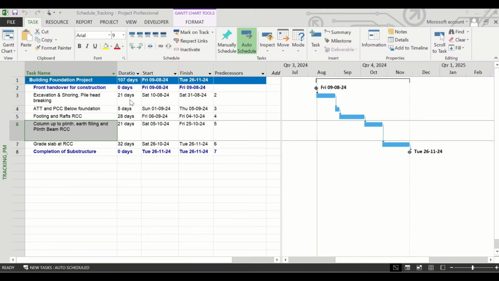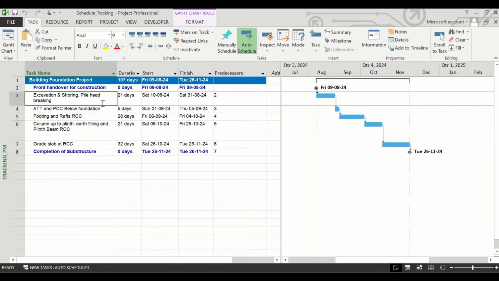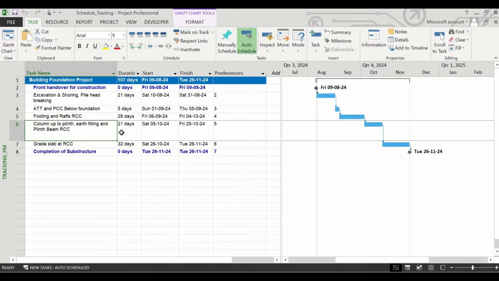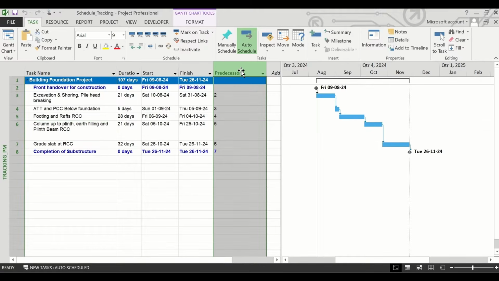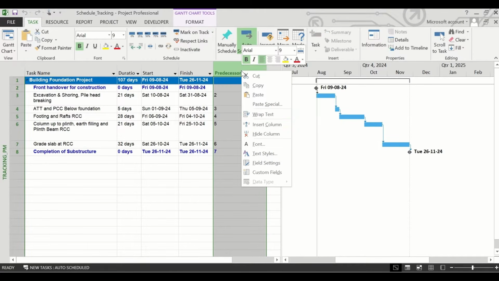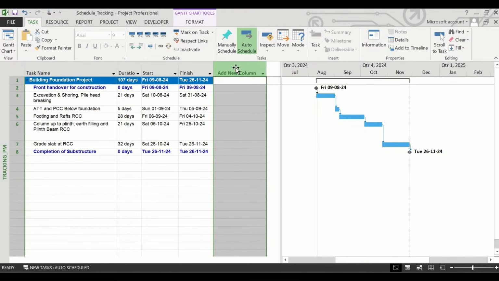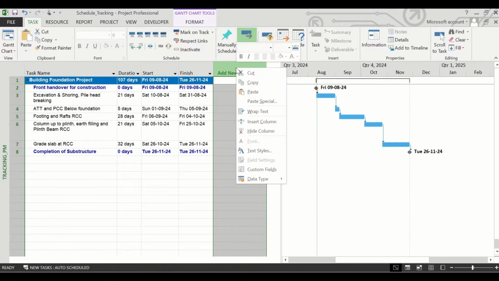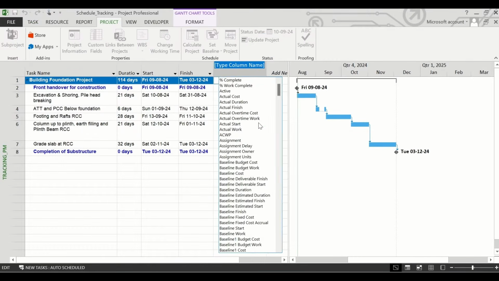Here we have a small handy schedule to understand the concept of the planned and actual percentage. For getting the actual percentage of progress, we need to track this schedule. For tracking, we don't need the predecessor column, so we will hide this and we'll click on the add new column and insert